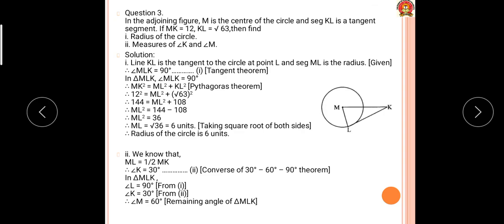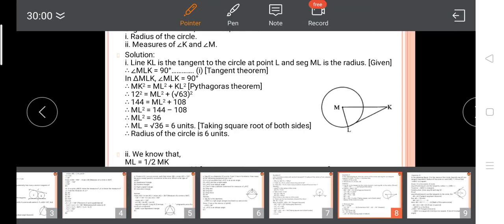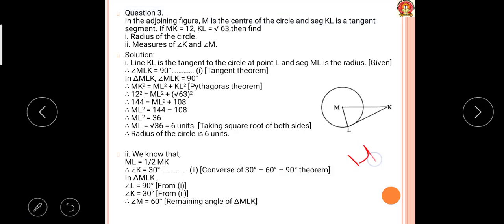So students, all these questions you have to write in your notebook. And today's homework is that you have to solve question number 4 from the problem set and send me by the session time.